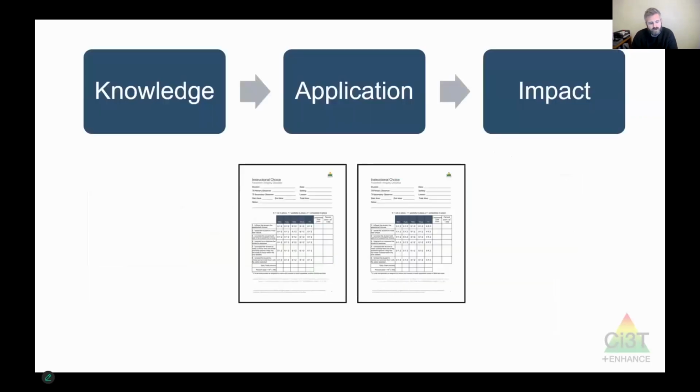Now, as we're getting closer to the talk time where you'll get a chance to do some planning, know that the goal tonight is for you to get knowledge about what choice is, and hopefully, through something I've said, help you get closer to feeling like, hey, I have an idea for how this works. Now you're going to prepare to apply it. So the hope is that you're going to walk out of here tonight ready tomorrow or next week to use instructional choice to support your tier 1 instruction or a student maybe with tier 2 needs.